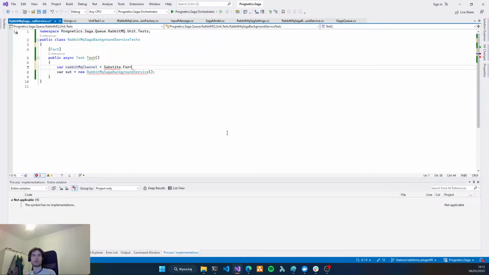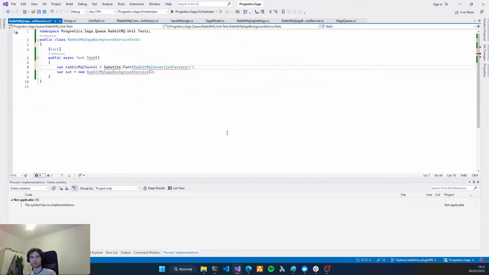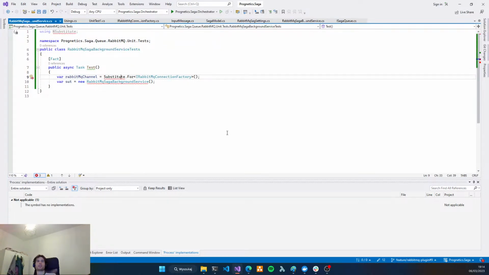For it was the connection factory, RabbitMQ. Yes. Substitute, and let's install the latest version. Okay, we have it.